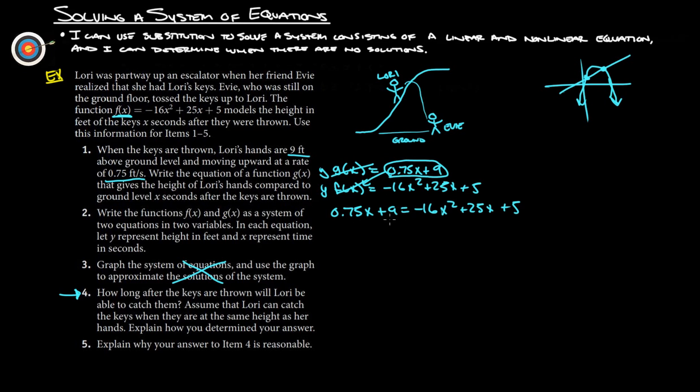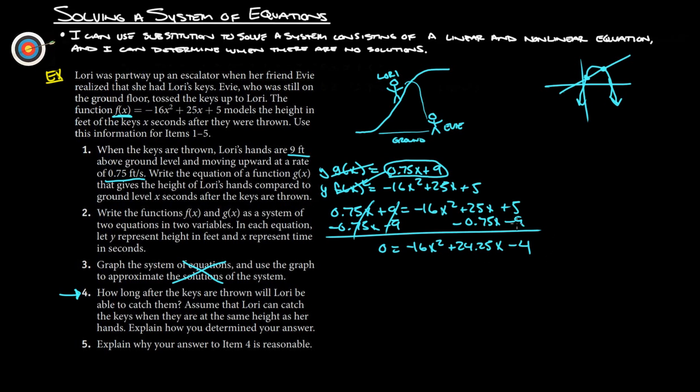All right. Going to get one side equal to 0, so we're going to subtract 0.75x. Oops, let's do that in the right spot. And then subtract 9. And we are going to get over here 0 equals negative 16x squared, 25x minus 0.75x is plus 24.25x minus 4. Now, I'm not going to even pretend to try to factor that one because that just looks